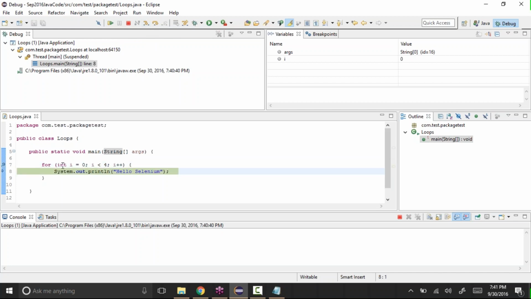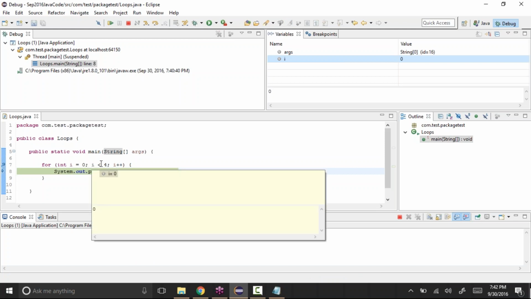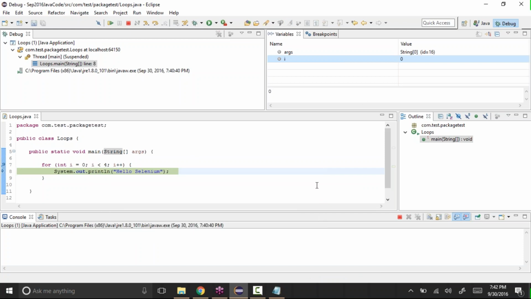See, it entered. So now what we said, int I equal to 0. You can see the I value here. I value is 0 now. Then it checks the condition I less than 4. Yes, 0 is less than 4. The condition is true, so it will enter the loop and execute whatever code is present in the loop. Then again I will press step into. For every step of execution, you need to press F5 or this step into. Then only it will execute. Otherwise, the control will pause there itself.